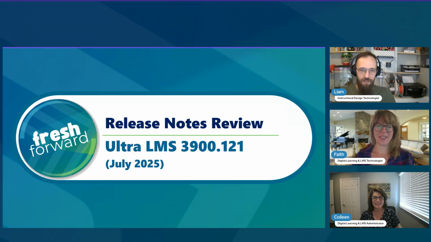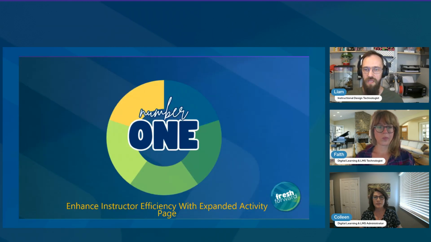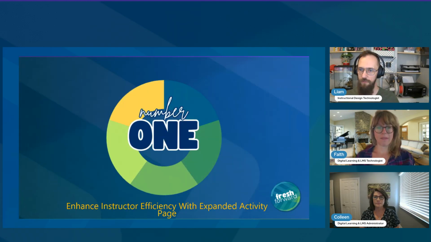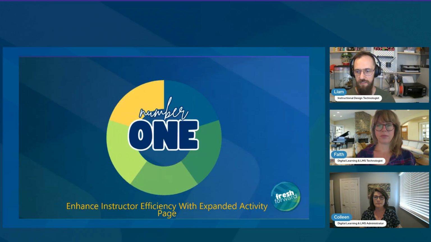So, welcome back, everybody. It is time to look at our number one pick, Ultra LMS 3900.121, July 2025. All of the data that you need to know is right there. We've gone through all of the release notes and picked our top five, and this is our favorite piece coming forward in July. So we're going to talk about our number one pick, and that is enhancing instructor efficiency with expanded activity page. Mouthful, but basically they've updated our activity page for instructors, and we're here to show you